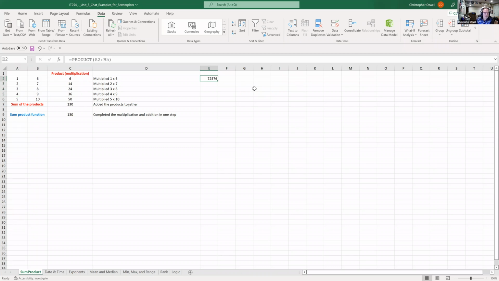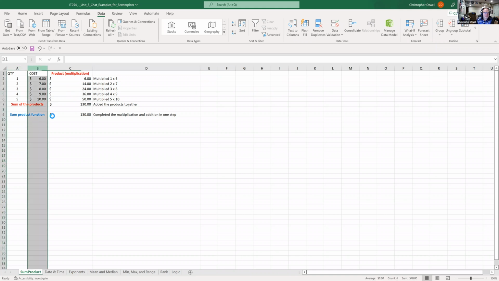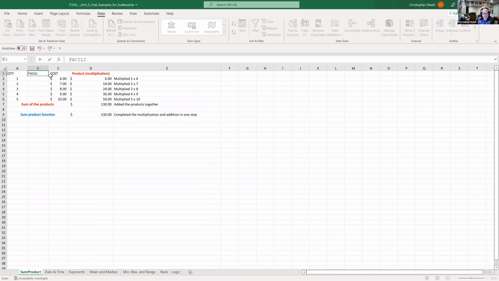So while not necessarily useful in that context, if I made this quantity, this cost, made this a dollar value, and I wanted to add in a third example of, say, stores,